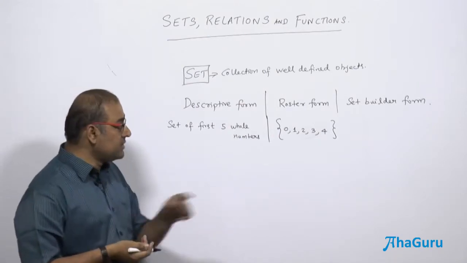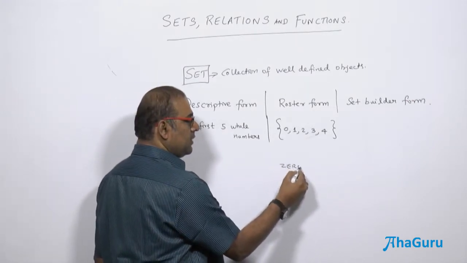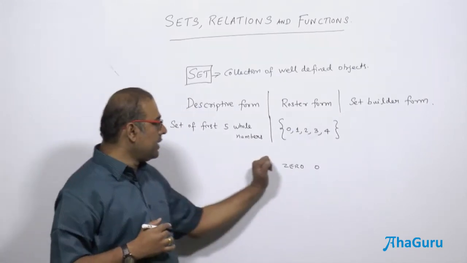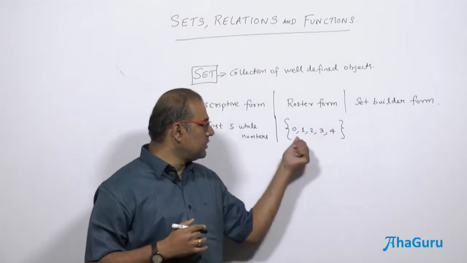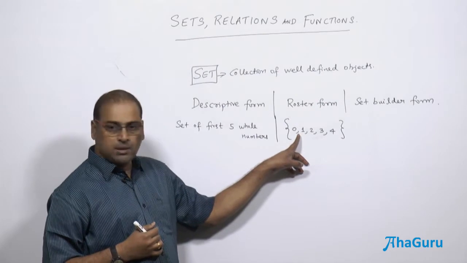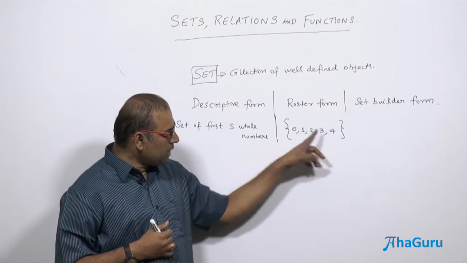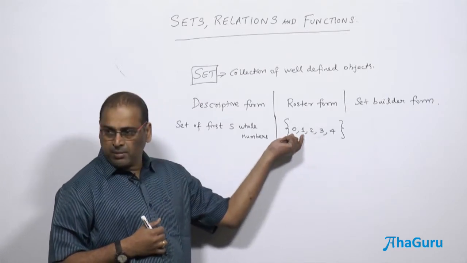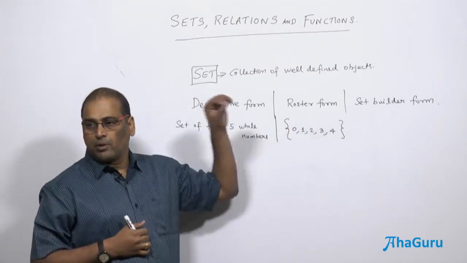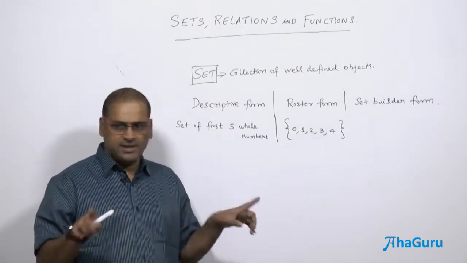One more important thing is that the representation also matters, because if you write it like this, it is different from this. So you are going to have a numeric representation here: 0, 1, 2, 3, 4. And 0 is an element, 1 is an element. This comma separates the two elements. Therefore, since you have these 4 commas, the elements are separated by commas. You have 5 elements, and these are the first 5 whole numbers. So in roster form, you write element by element. Descriptive form means you just write it as a statement.